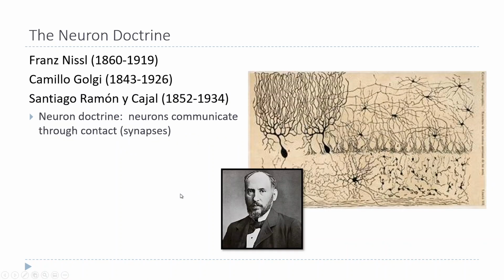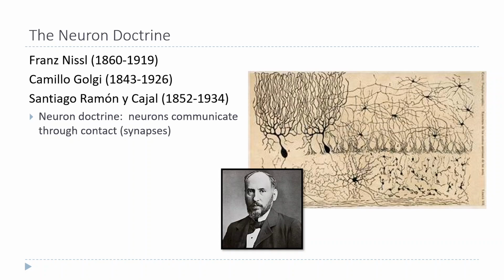But then another, actually, Golgi and this guy, Santiago Ramon y Cajal, were both Spanish neuroscientists. His last name is Ramon y Cajal, sometimes he's just called Cajal, but he looked at lots and lots of images or slices of brain tissue using the Golgi stain. But what he did is he looked at, again, probably thousands of these images, and he made very careful drawings of them. This was, of course, long before cameras were invented, or at least before you could attach a camera to a microscope. So he just looked through the microscope, and then with a piece of paper and a pen next to him, just drew what he saw. And he again did thousands and thousands of these drawings, extremely detailed,